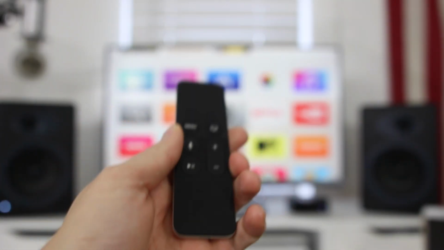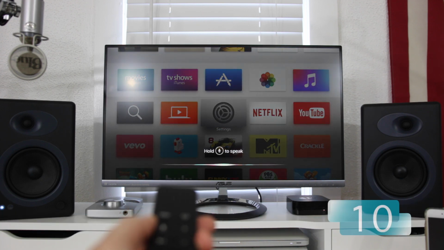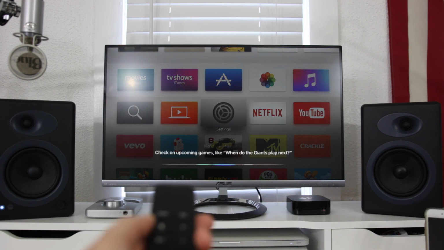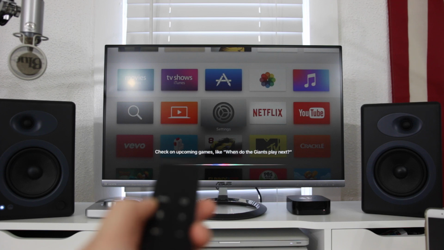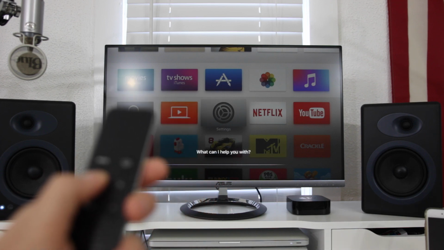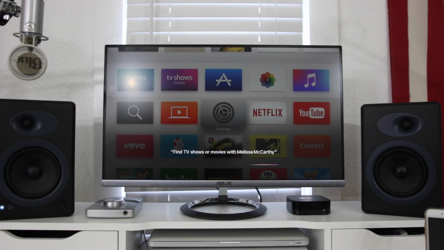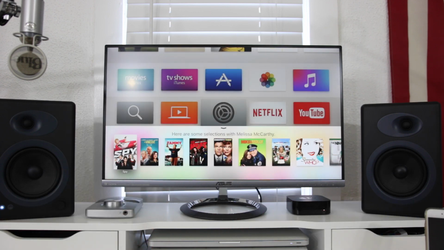Tip number 10 involves Siri, which is the microphone button. If you press it one time lightly, it'll tell you to hold it down to speak, and it'll also give you some tips on ways you can use Siri. One cool option with Siri is to ask her questions such as, "Find TV shows or movies with Melissa McCarthy." And it will search through all the apps that you have on your Apple TV to find all the different